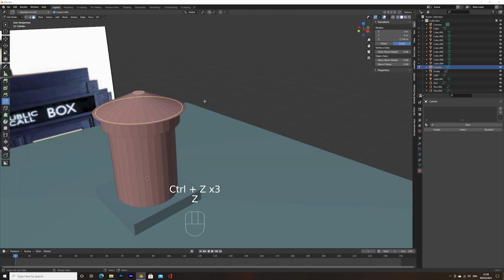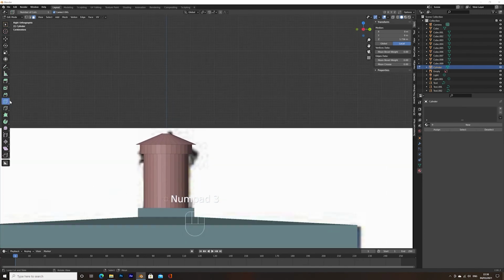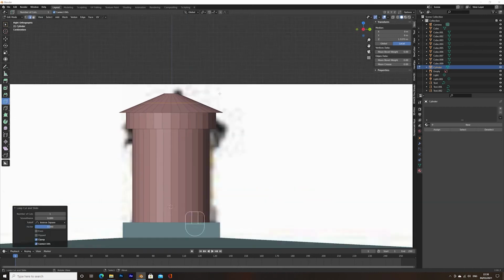Loop cut over here. Here we go, so bring this around here. Select a loop cut, put one on there,